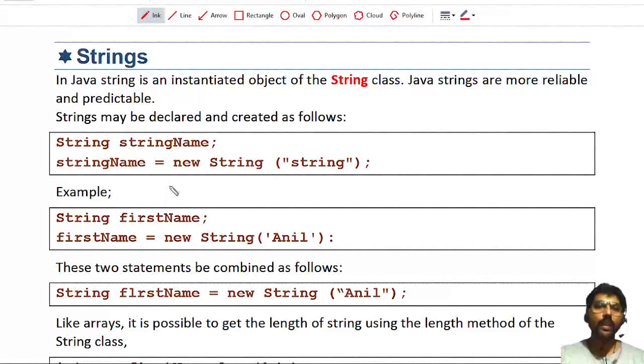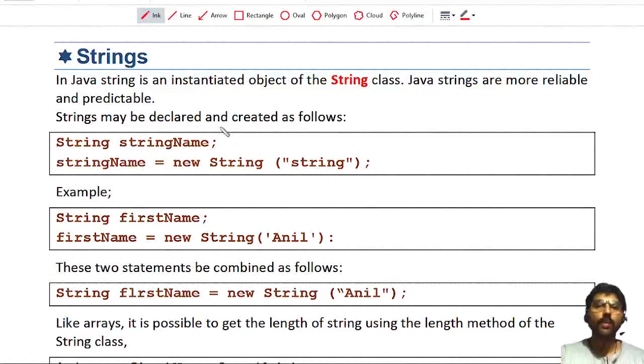Strings. In C programming, we already created a string by using a character array. In C programming, a string is nothing but a character array which is terminated by a null character. That type of string creation has some limitations. We cannot apply a number of methods or functions on such strings. They are very difficult to handle. To overcome such problems, in Java we are using separate classes for the string.